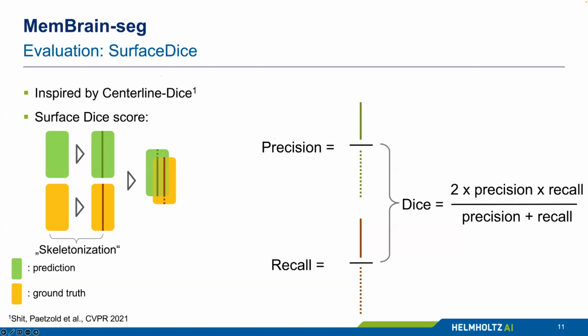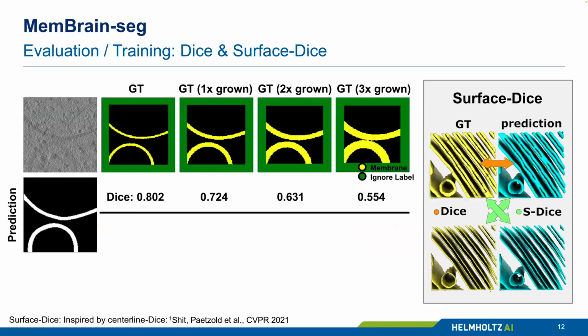And the nice thing about this is now that this is, in theory, invariant to the thickness of the membranes. Because no matter how thick the segmentation is to start with, it will always shrink it down to a one voxel thick skeleton. So that should not really change. And that's also what we observed here now. So if we apply that now to these segmentations here, then we can see that the surface dice is consistently very high. And that makes sense because these segmentations basically overlap pretty nicely.